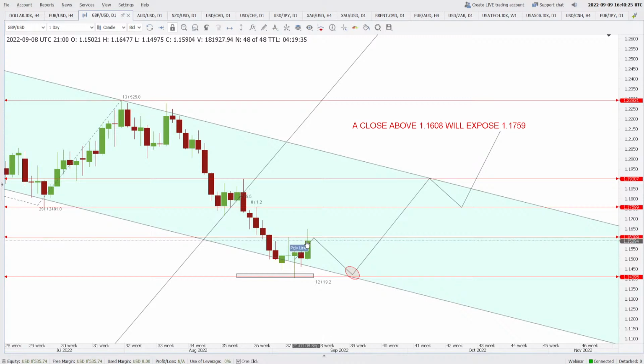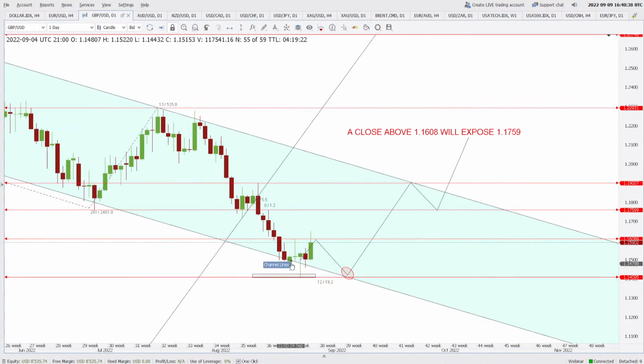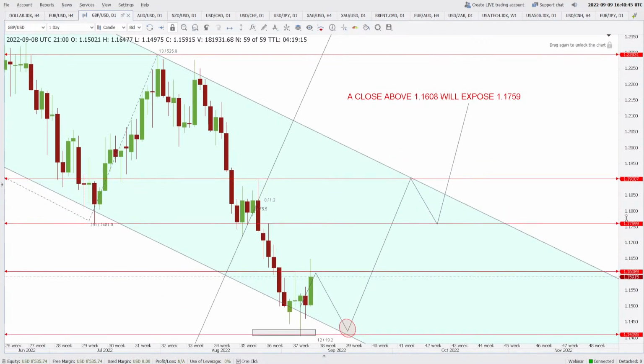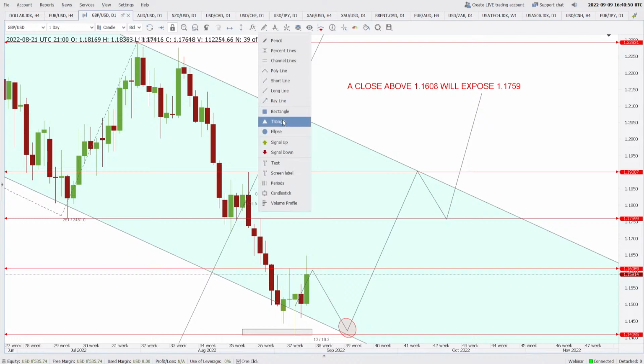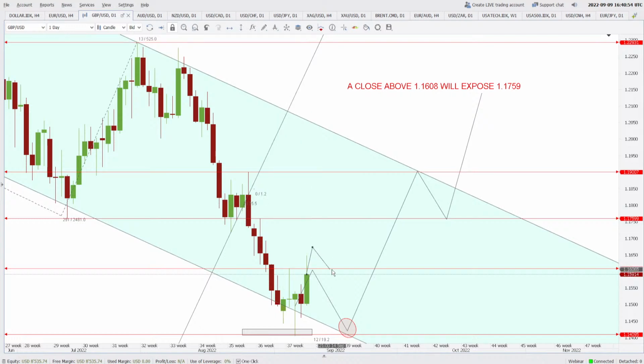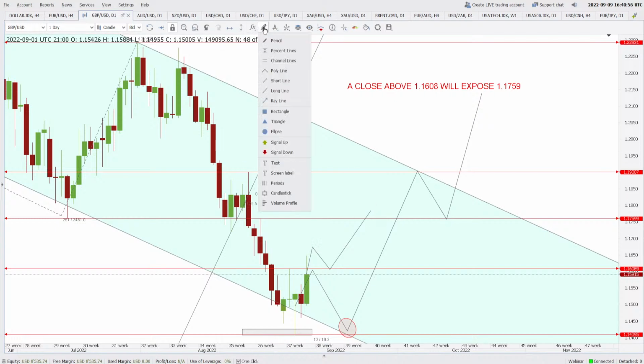If we have 4 hours and 19 minutes, anything can happen in that. It can even come lower, but if it closes higher than that, then we will know for sure 1.1759 is exposed in this market, and we will be targeting that. Now in that case also this resistance or this lower high will be broken, and you can actually plan to open a buy position above 1.1608, because the structure of the market will be broken, so you can look for a buying opportunity somewhere here.